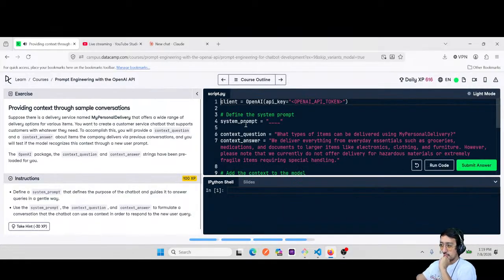Got it. All right. Providing context through sample conversations. So suppose this is a delivery service named My Personal Delivery that offers a wide range of delivery options for